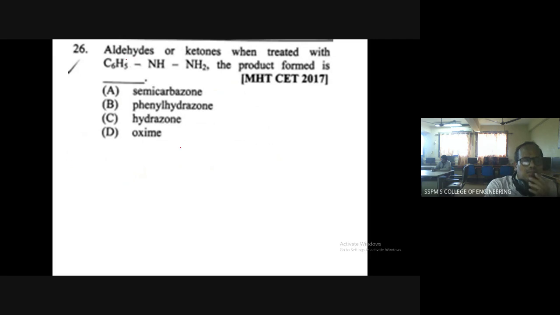Then again, a question based on the first slide itself, the reaction slide. Aldehydes and ketones, when treated with C6H5NH2, with phenyl hydrazine, the product formed is... I already explained this in the first slide while understanding the properties. Phenyl hydrazine. Now the water molecule is removed. So aldehydes and ketones, when treated with this phenyl hydrazine, the product formed is